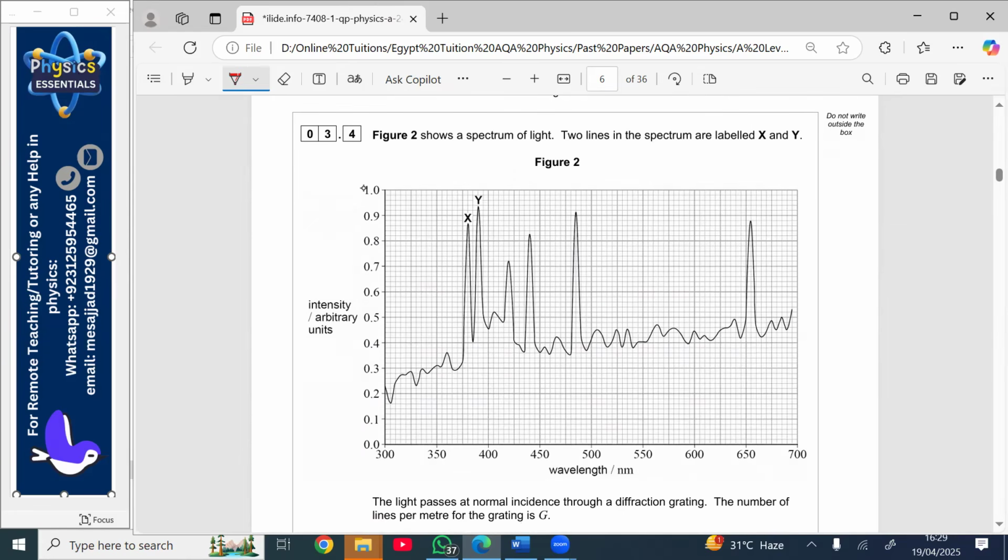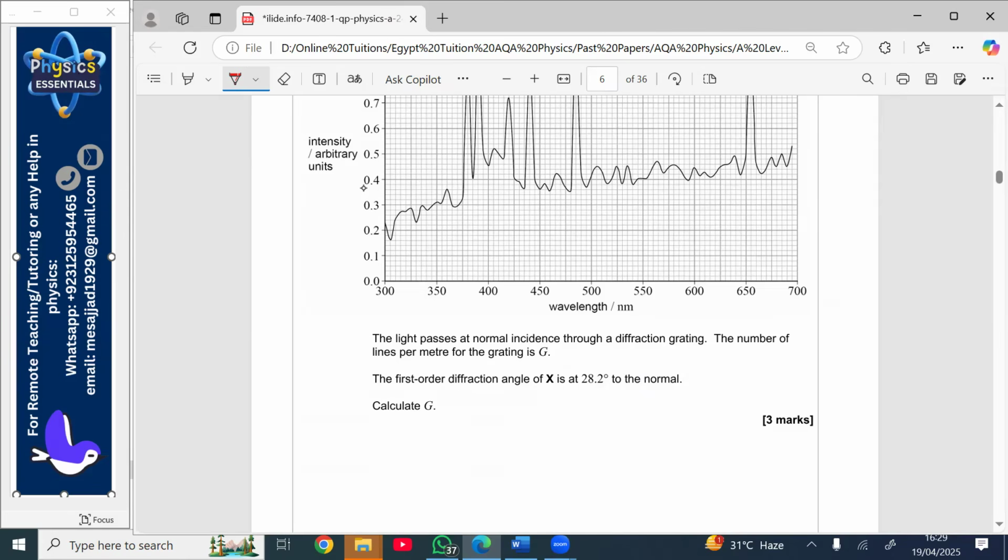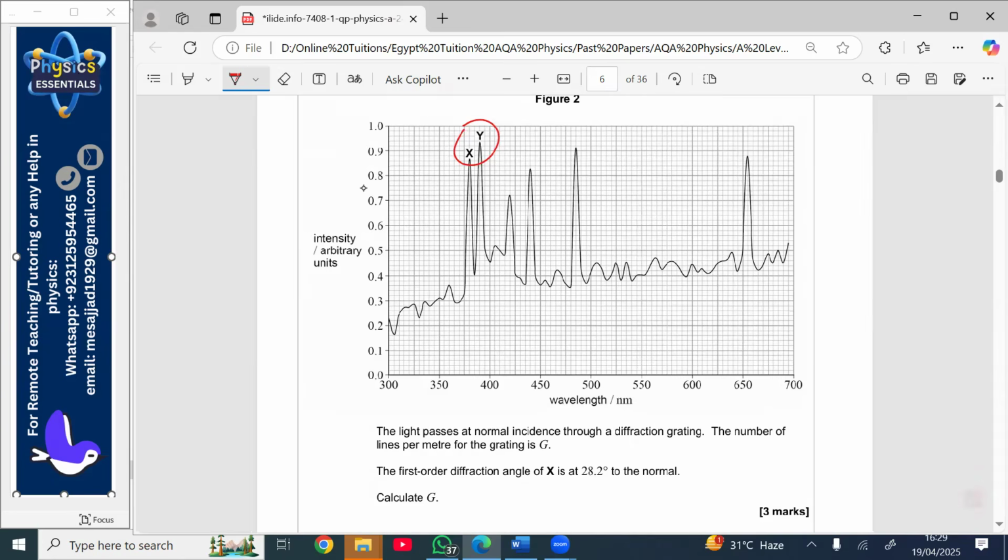3.4. Figure 2 shows a spectrum of light. Two lines in the spectrum are labeled X and Y. Here it is. So the light passes at normal incidence through a diffraction grating. The number of lines per meter for the grating is G. The first order diffraction angle of X is at 28.2 degrees to the normal. Calculate G. Okay, for this, you need to zoom in